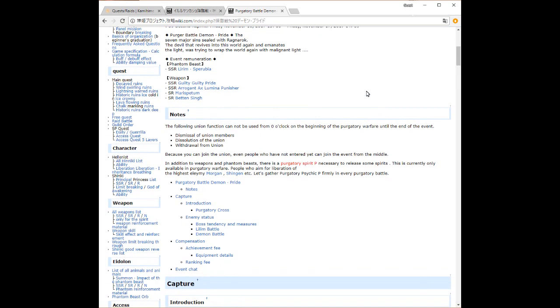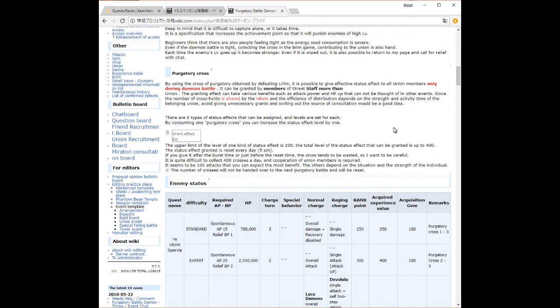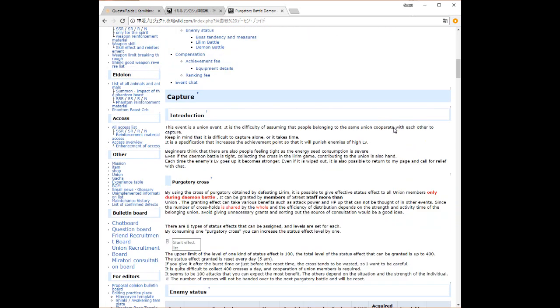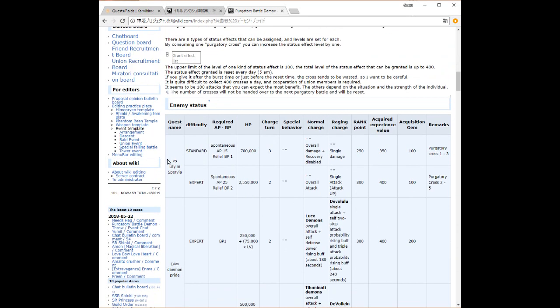So here we go. For those of you who aren't aware, when you do a Union event, there's going to be a special place you go to access the Union event, and you're going to have two options. There's going to be Lilum battles and demon battles. And the Lilum battles, right here we talk about the Lilums, and here is what they do,